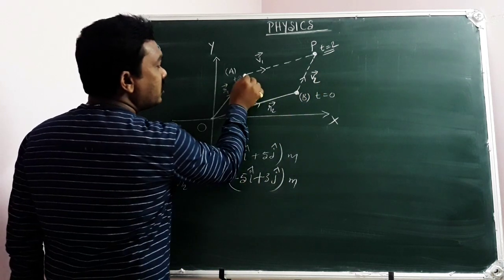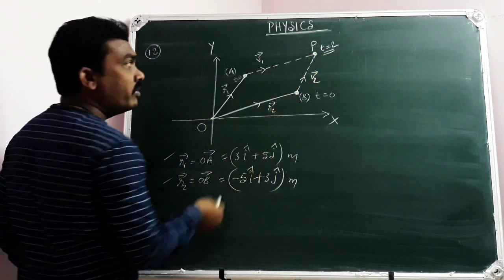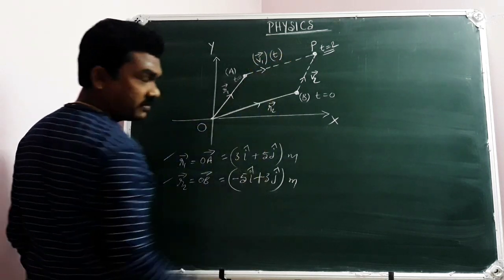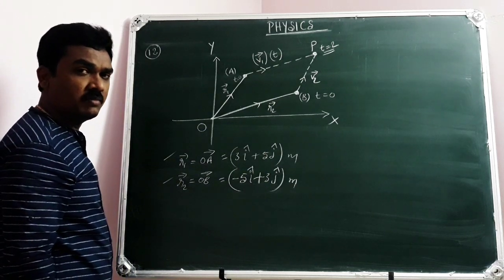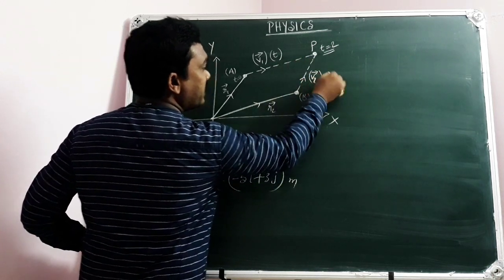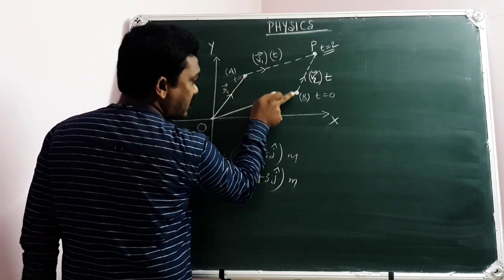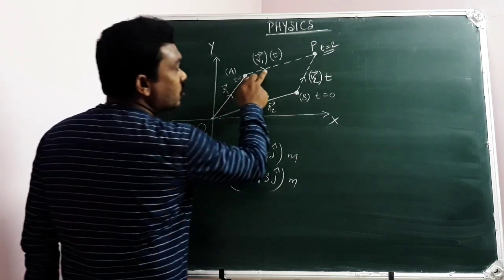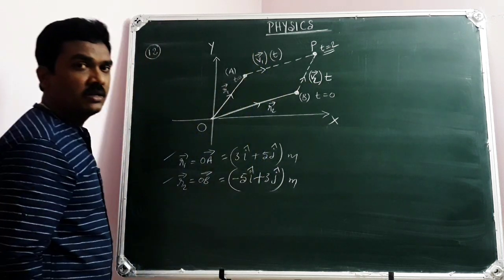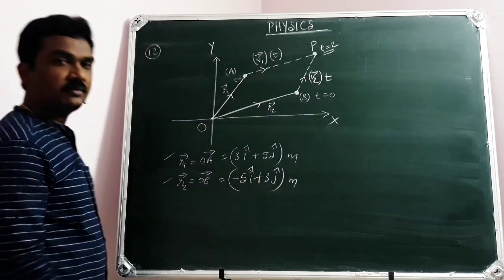Of course, at t equal to 0, it has started, and at t seconds, t equal to 2, they collide. Meanwhile, your first particle will travel through a displacement v1 bar into t. Am I right or not? Because displacement equals velocity into time. So by the time it is going to collide with the first particle, your second particle will travel through a displacement v2 bar into t. Of course, t equal to 2 seconds, because they start from rest initially and they are going to collide at t seconds while moving with velocities v1 bar and v2 bar. So their displacement vectors are v1 bar into t and v2 bar into t.